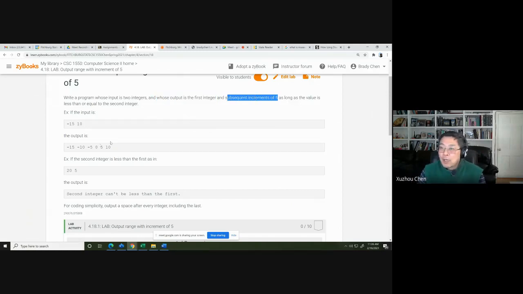So if the first integer, like in this case, is -15 and the second integer is 10, these are two integers, and the output is the first integer and the subsequent integers. Subsequent is always an increment by 5. So -15 is the first one, then -15 plus 5 is -10, then -10 plus 5 is -5, then -5 plus 5 is 0, and then you could just keep adding 5 until the output reaches